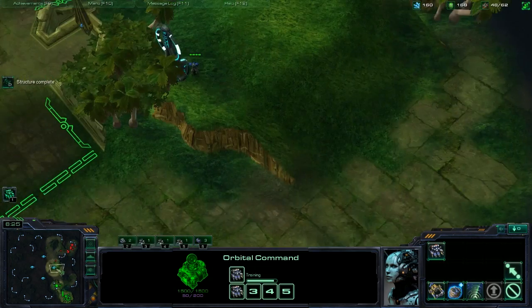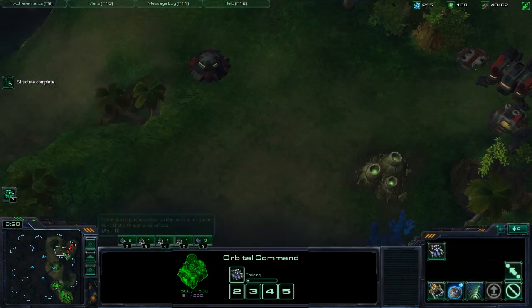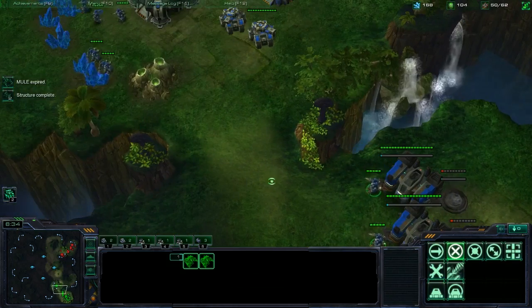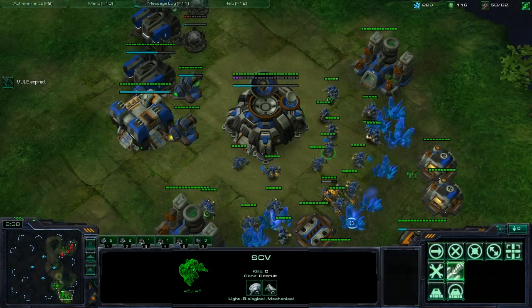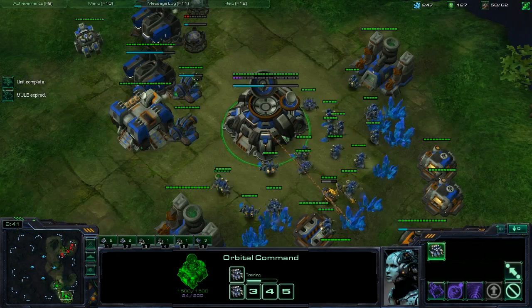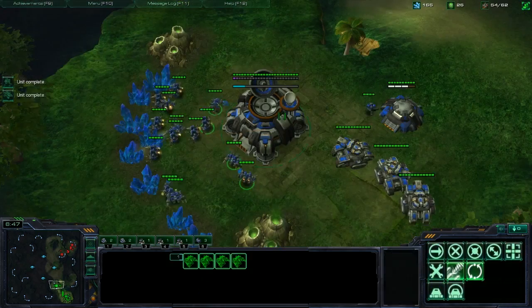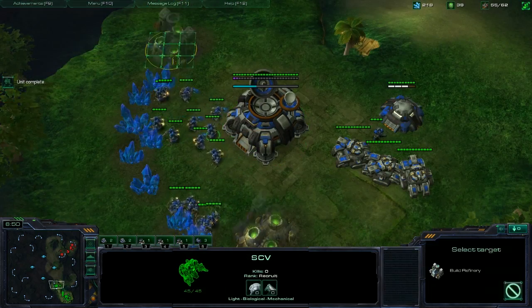Let's have a look. Okay, so first unit's coming, save your Marine, and let's just scan here. Yeah, he has expanded, so this is fine. So what we'll do now is just add those reactors. So a little plan of ours should be that we can push out eventually when stim is done and combat shield is done,